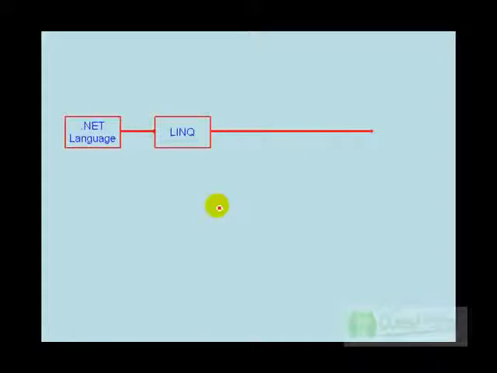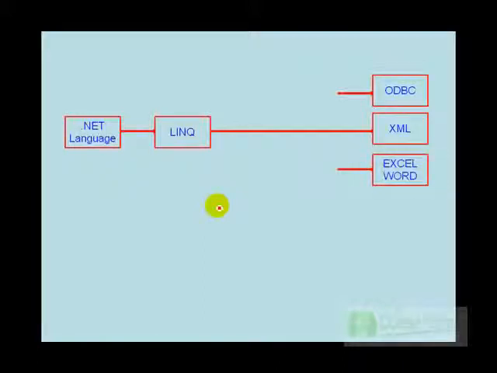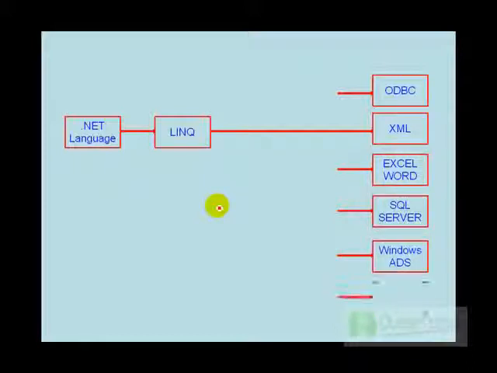So finally, summing up LINQ. We can think of LINQ as a very generalized query language which can sit over any kind of data source. It can be ODBC, XML, Excel, SQL Server, Oracle, or whatever it is, and then helps us define a generic interface by which our .NET programming model can interact. So if you really see the visual picture of LINQ, it's something like this. So you can think about your .NET language. Now when I'm talking about the .NET language, I'm talking here about probably a .NET application.